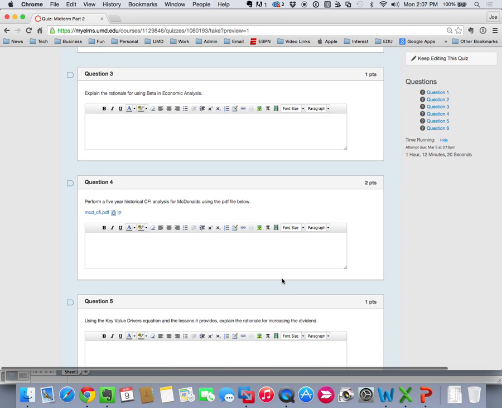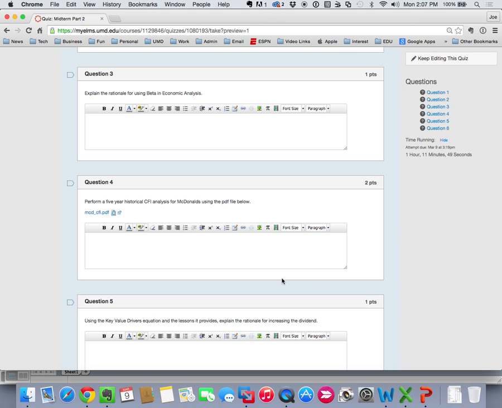Explain the rationale for using beta in the EIC. This is straight out of the video. The key is that we're trying to understand how a company's performance changes as the economy changes. We're saying that the stock market tends to move with the economy. Beta is how a company moves with the stock market, therefore a proxy of how it moves for the economy. So that's why we use beta, right? So beta gives us a proxy for economic sensitivity. So that's really what we're looking for in that question, right?